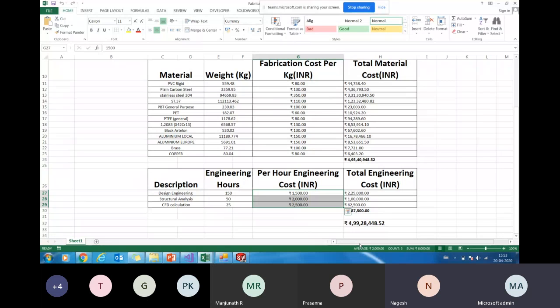I'm worried about the final total material cost, the raw material cost. This includes your cost of fabrication and it also includes the weight. Based on the weight, you're considering the cost per kg, and then you're giving this cost, right? Yes, but here there is no raw material cost involved. So this is a total material cost. What about the raw material? Yes, I'll tell you.